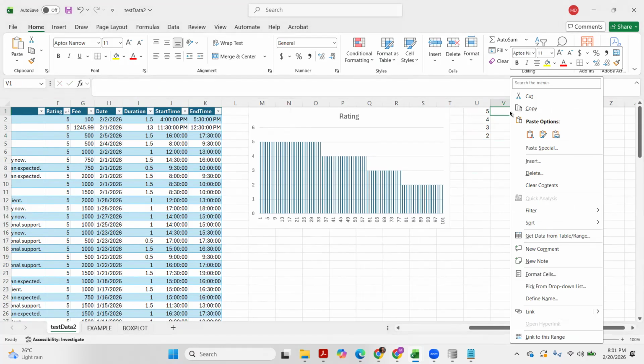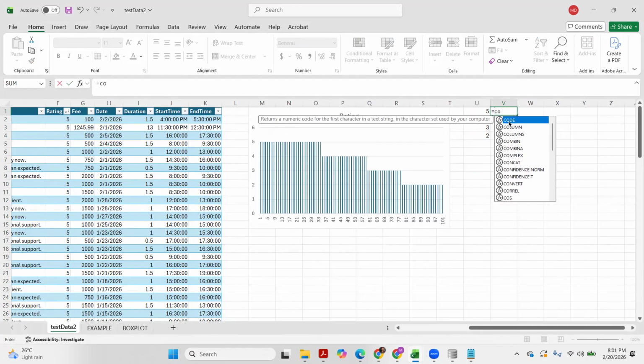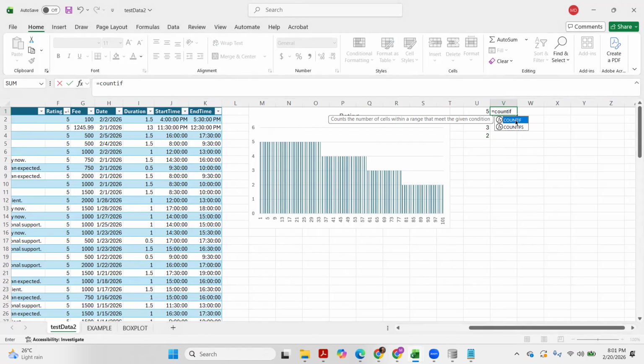So now we want to count how many fives we got, how many fours, how many threes, and twos. So now we have this formula, COUNTIF. Again, there are many other ways to do this, but this is one of the simple approaches. So COUNTIF, and then we select the range that we want to count on.